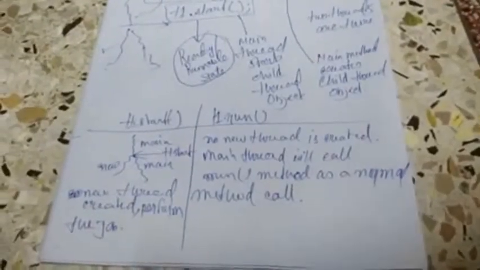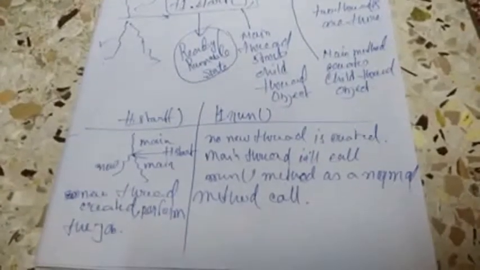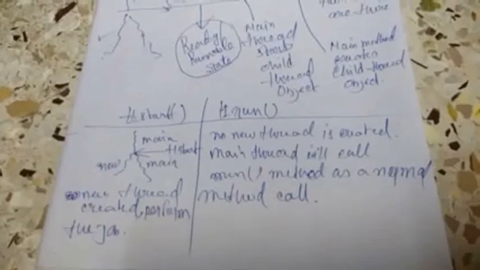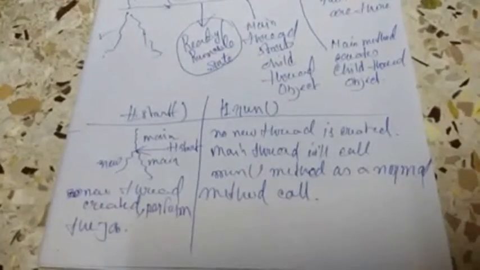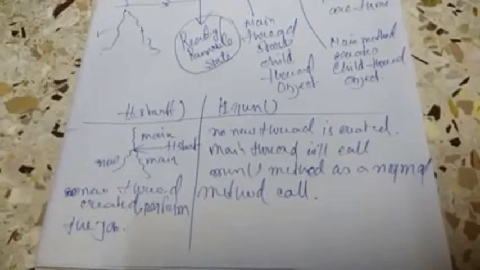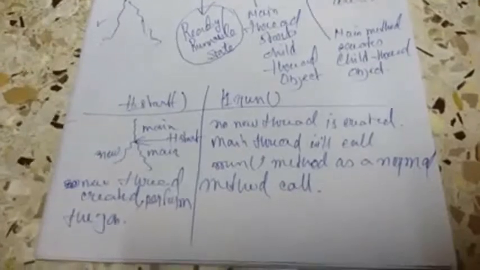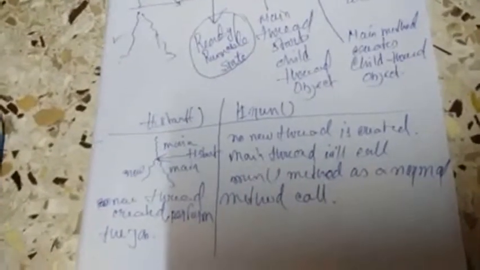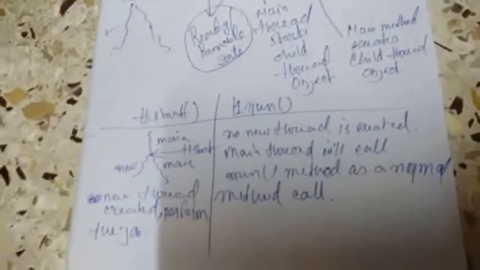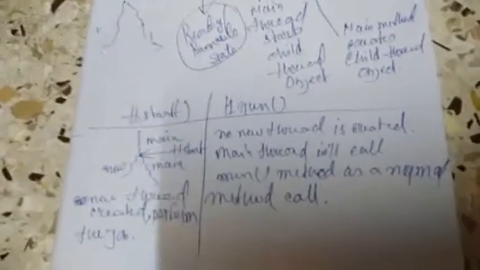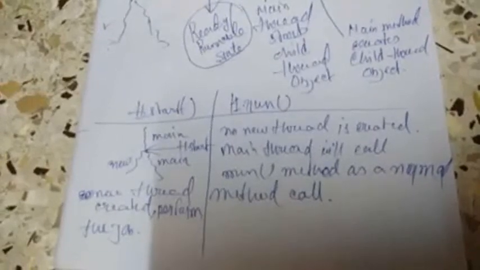In case you are writing t1.run instead of t1.start, no new thread is created. Main thread will call the run method as a normal method call. So if you are not writing t1.start and you are writing t1.run, the method run that is defined in your thread class will be called as